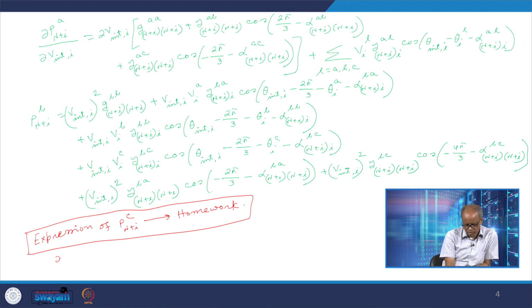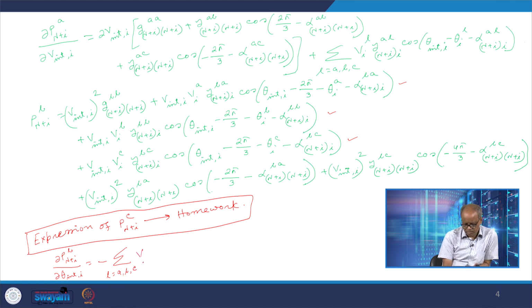So now let us write down del P n plus IB by del theta internal I. So let us see how many terms has got theta internal I. Only three terms, this, this and this. This doesn't contain, this doesn't contain, this doesn't contain. And if I do the partial derivative and club them together, it turns out to be simple like this, minus L is equal to A B C